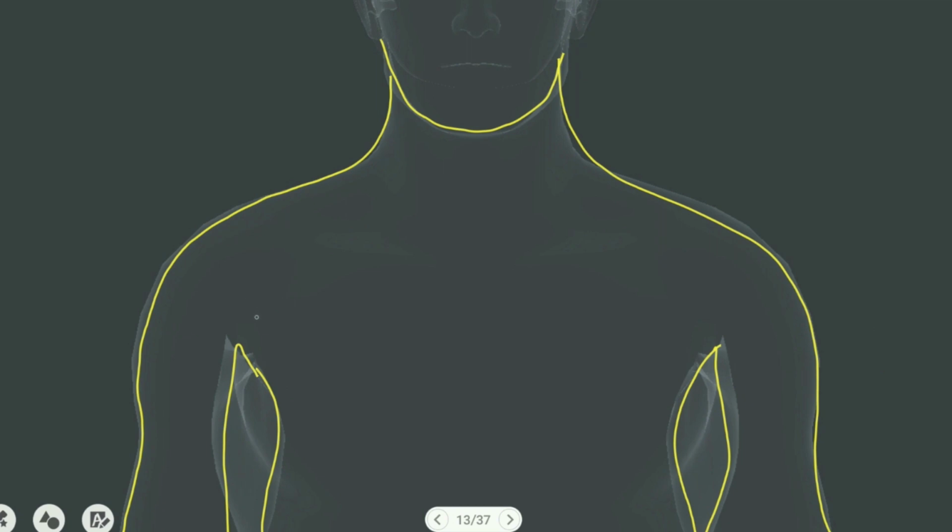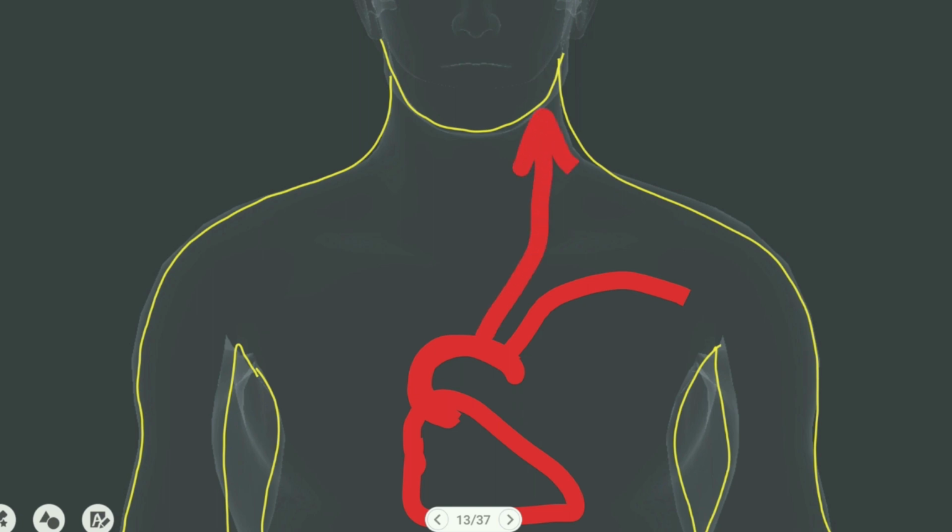Now look at here, I will describe a simple plan for how you should start studying the arteries that supply the upper limb. What should be the orientation, what should be the simple concept, I am going to demonstrate here. We have the heart inside our thoracic cavity. From the heart we get the arch of aorta. First of all, the arch of aorta will provide branches for the upper limb and for the head and neck. The arch of aorta provides a left subclavian artery for the left upper limb. The arch of aorta gives a left common carotid artery for the left side of the head and neck.